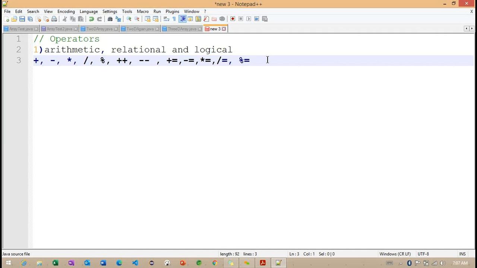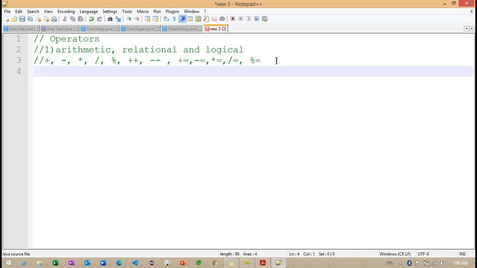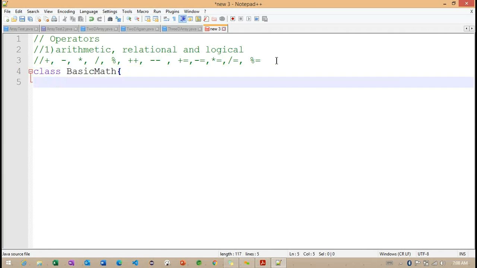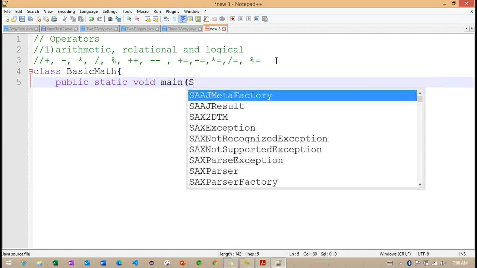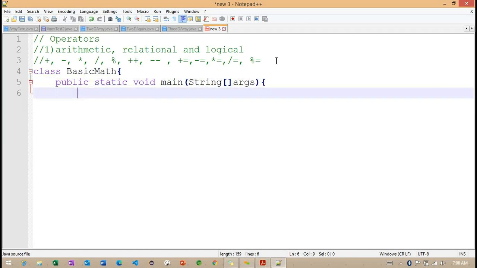Observe how we can work with the same example using numeric data types. I have a class called BasicMath, and inside it the main method with String args.